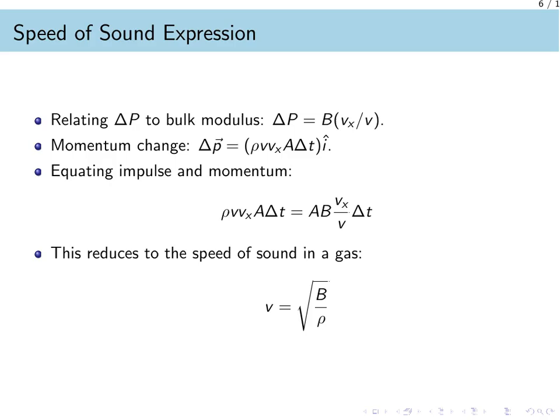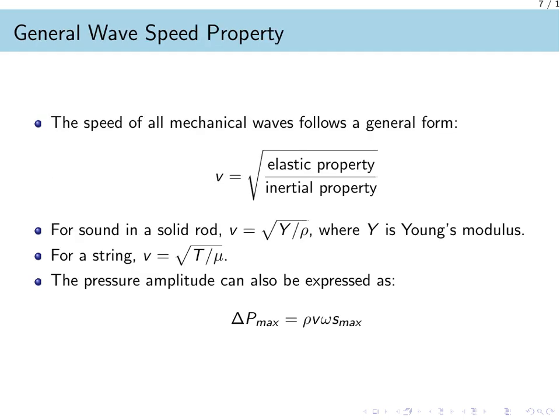The speed equals the square root of the bulk modulus divided by the density of the gas. This shows that the speed is determined by both the elastic and inertial properties of the medium. The expression we just derived is actually a specific case of a very general property of mechanical waves. In general, the speed of any mechanical wave is equal to the square root of an elastic property divided by